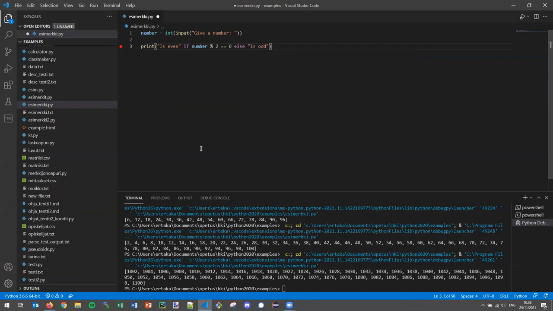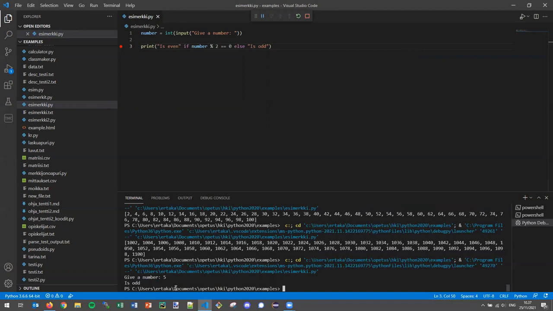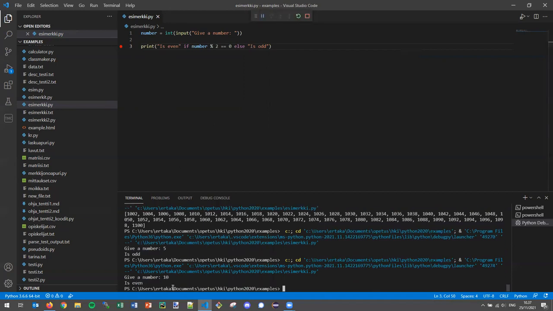And you remember this one, do you? Don't you? Do you remember this one? Or something similar to this one, like this construct or this mechanism? Yeah, okay. At least someone is. The basic idea in this one is that if I give an odd number, it displays is odd, and if I give an even number, it displays is even. But the basic idea for this expression is that it gets a different value based on this condition here,